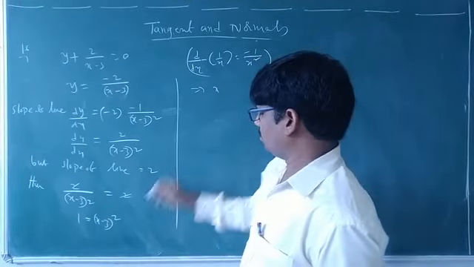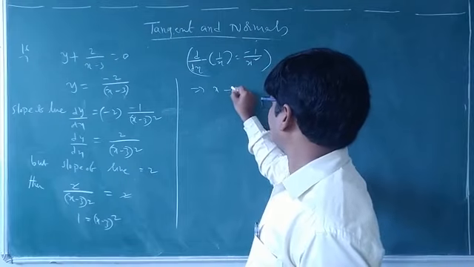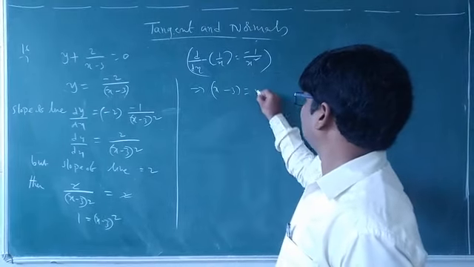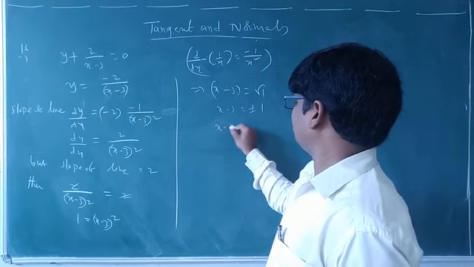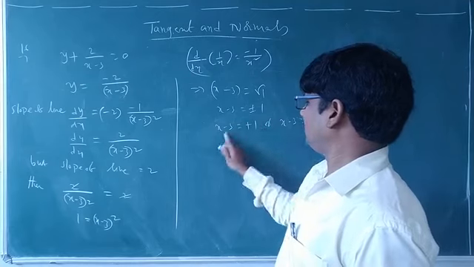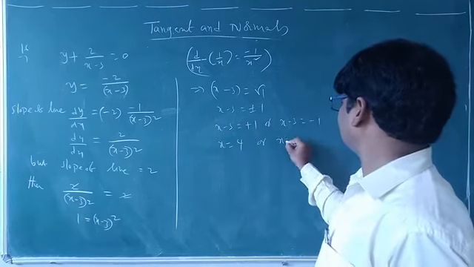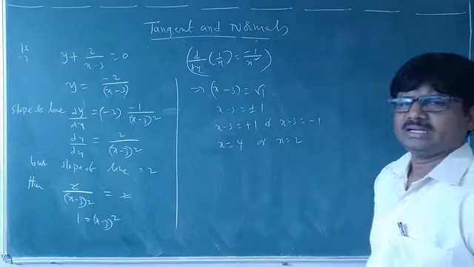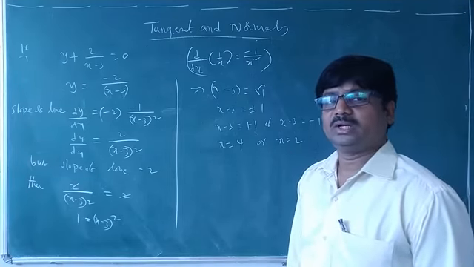This implies the square and the root. Root 1 means plus or minus 1, right? So x minus 3 is equal to plus or minus 1. So x minus 3 is equal to plus 1 or x minus 3 is equal to minus 1. Transferring minus 3 to this side, x is equal to 4 or x is equal to minus 1 plus 3, that is 2. Okay, so how many x values did we get here? 2 x values we got.